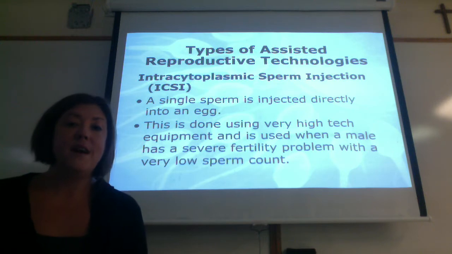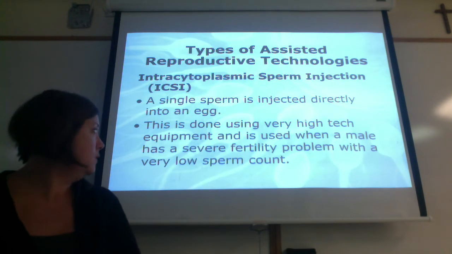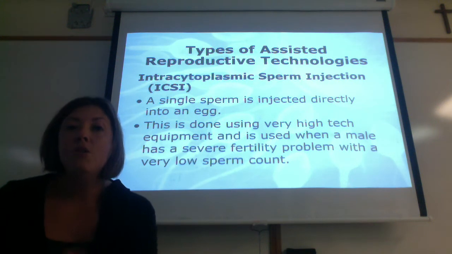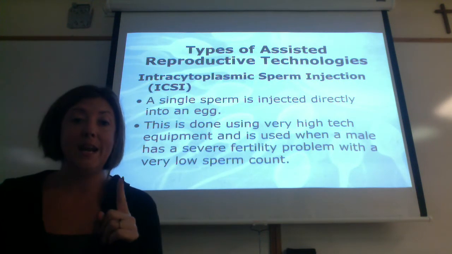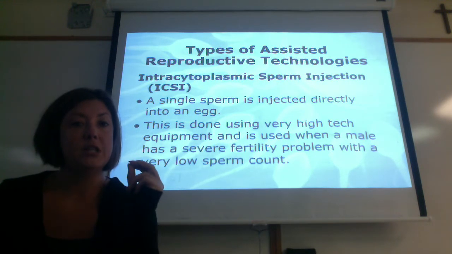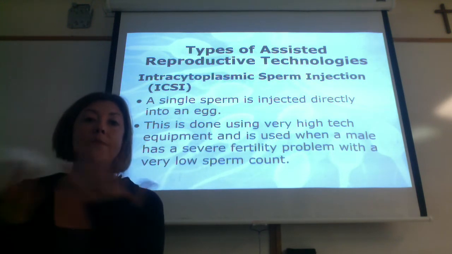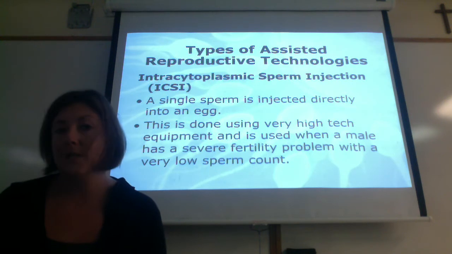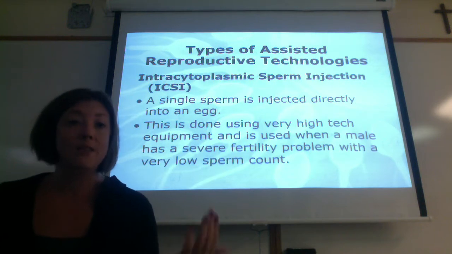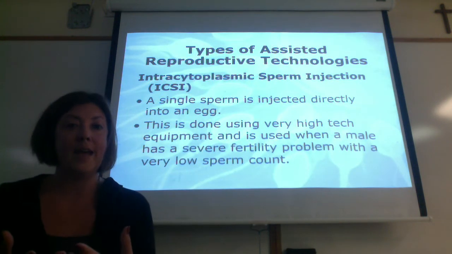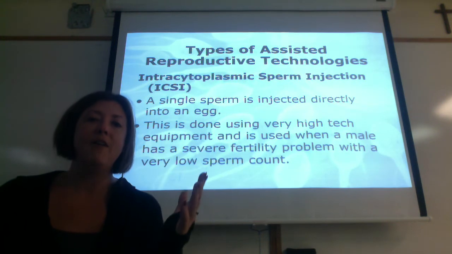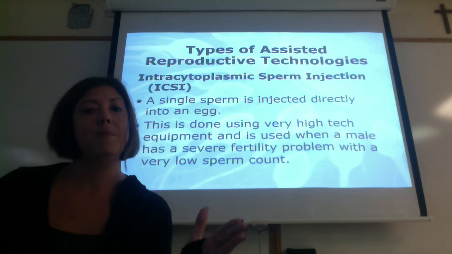In the case of having a very, very low sperm count, or low sperm motility or bad sperm morphology, we can take a single sperm that has good DNA. So as long as the integrity of the DNA is still intact, we can take that sperm and inject it directly into an egg. So the sperm has absolutely no barriers to fertilization. It doesn't have to swim through the cervical mucus or deal with any of the acidity in the vagina or actually get through the cumulus cells and penetrate into the egg to fertilize. It can just be put specifically into the egg and then, after that fertilization event happens, allow the